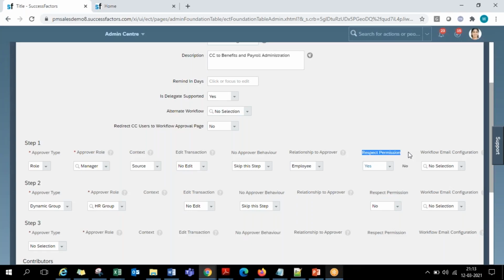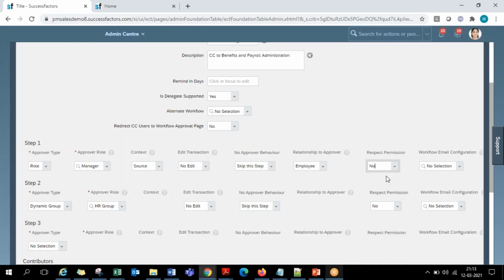So that way, respect permission is the one. Wherever in a workflow you want to say that even an approval process should go as per the permissions: in RBP, if we have given the access, here also it can be given. In RBP, if we have removed the access to that particular information, even here they should not be able to see it. That way, respect permission basically functions, guys. 99% of the time we keep it as no only, so we don't consider any permissions.